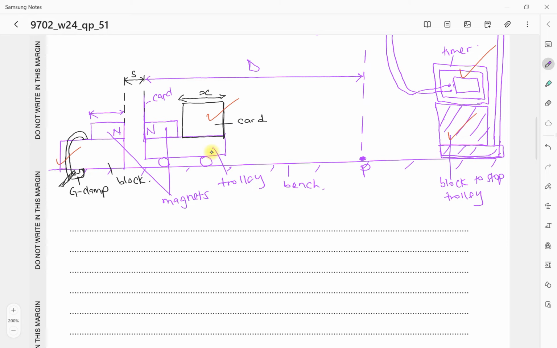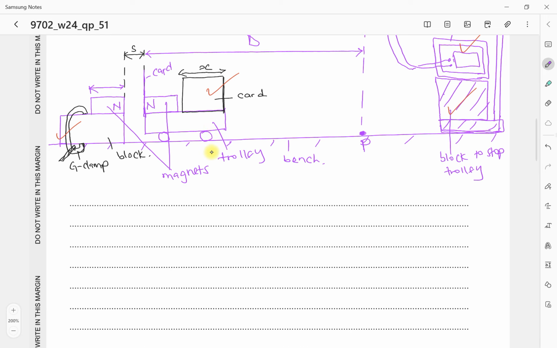So the way I write my essay may not be the same way your students write it, may not be the same way you teach your students to write the essay. You can write your essay the way you want, the way you see it flow, but what is very important is that your essay should flow. Ensure that the experiment is workable in the laboratory. So I would say in this experiment,